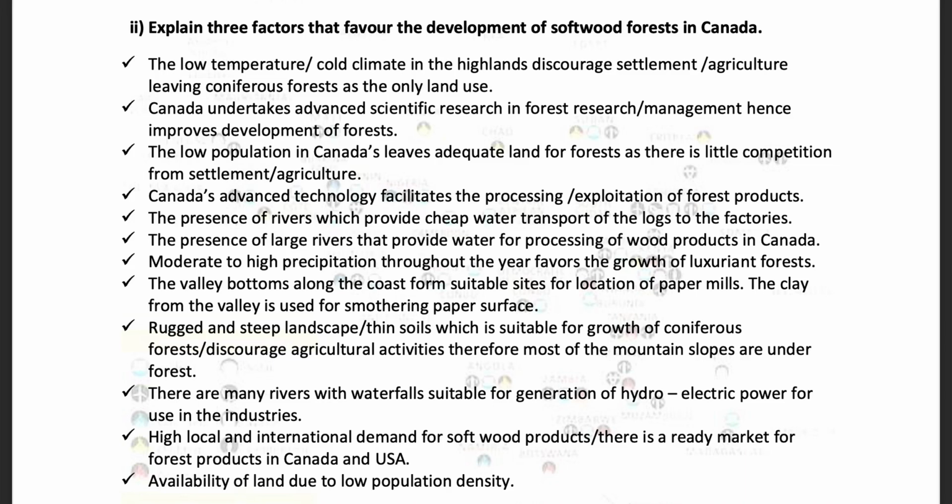Moderate to high precipitation throughout the year favors the growth of luxuriant forests. The valley bottoms along the coast form suitable sites for location of paper mills. The clay from the valley is used for